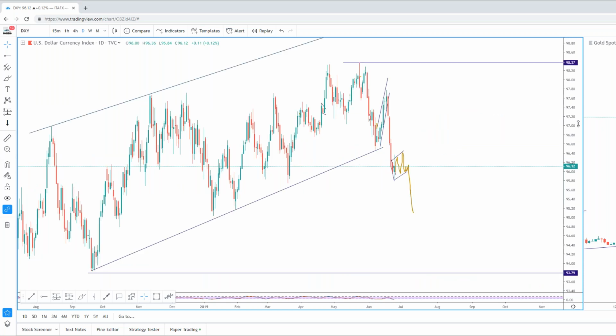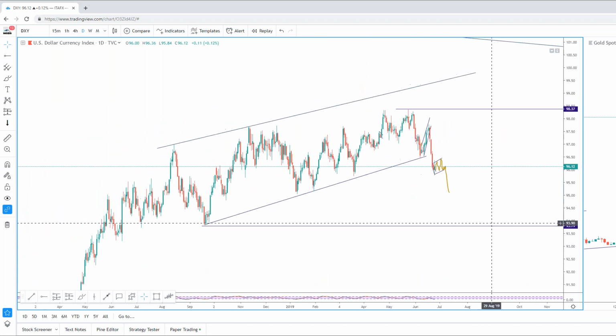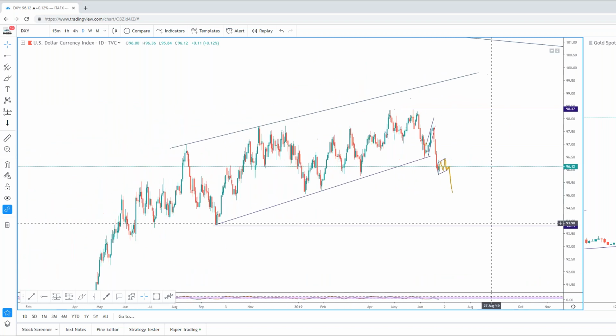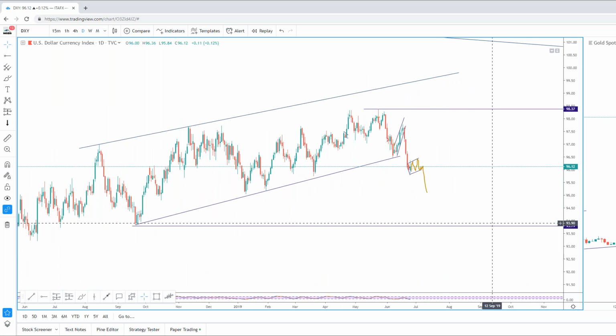But this is where it's key to understand the difference between a valid setup and a high probability setup. But don't forget, guys, we still take valid setups that are possible, but we like to focus 80% of our attention on high probability setups that are highly probable, because that way we're in trades that are more consistent with our go-to setups, and our strike rate in trades is greater.